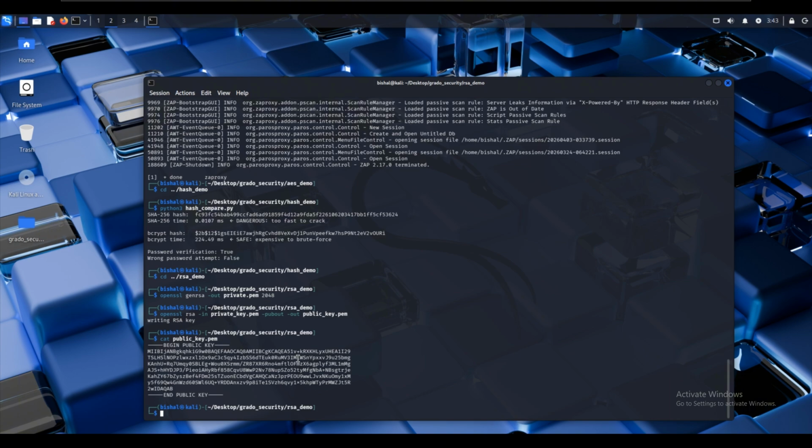OpenSSL generated a 2048-bit RSA key pair and extracted the public key in PEM format. You can see that it starts with BEGIN PUBLIC KEY and END PUBLIC KEY, and the private key stays on the server and is never shared. Now,